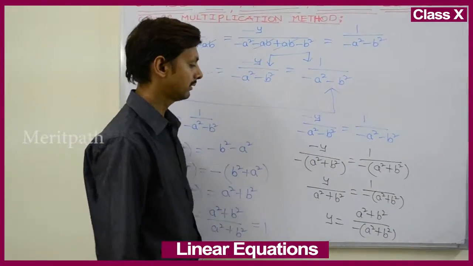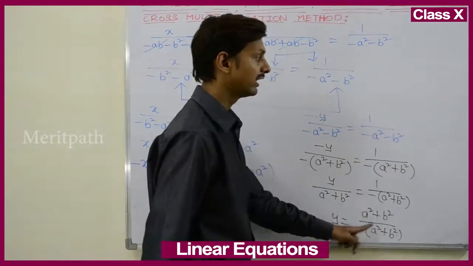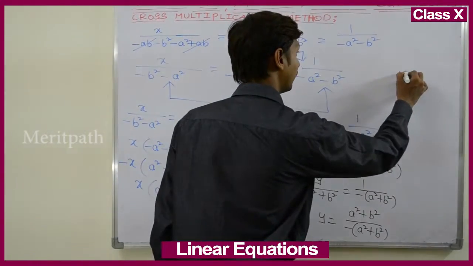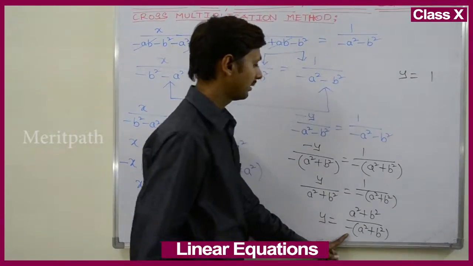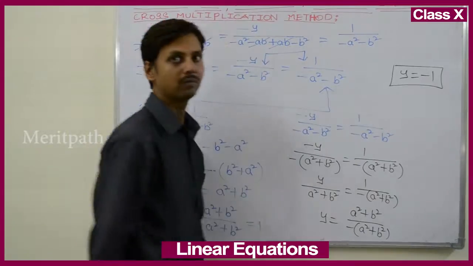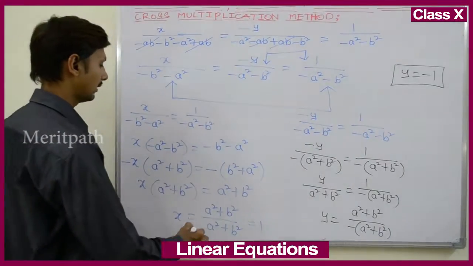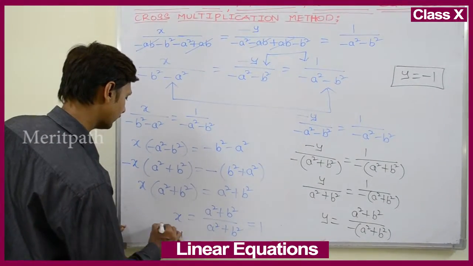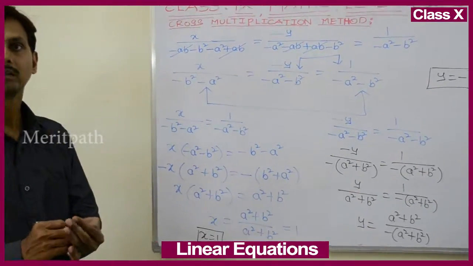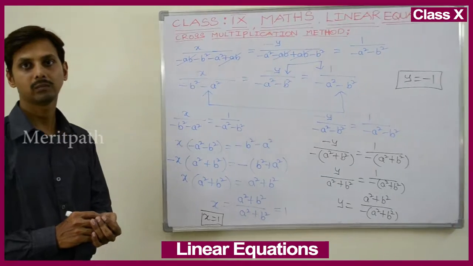After simplification of this, there is the same value in the numerator and denominator, cancel this, then there is a value of 1, but here there is a negative value, so with the negative symbol, the value of y is equal to minus 1, and the value of x is equal to 1. So the values of x and y are 1 and minus 1.